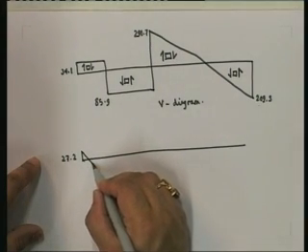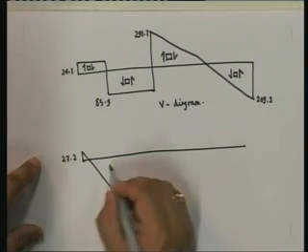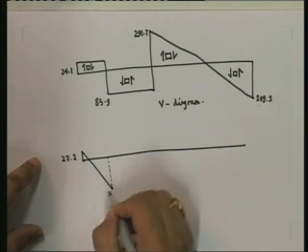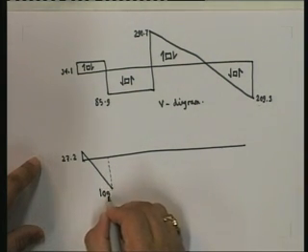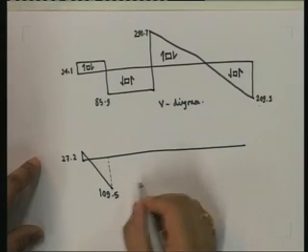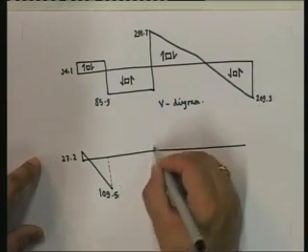It's going to go down to this value. This value is going to be equal to 109.5, all in kilonewton meter. Then from there it's going to go up